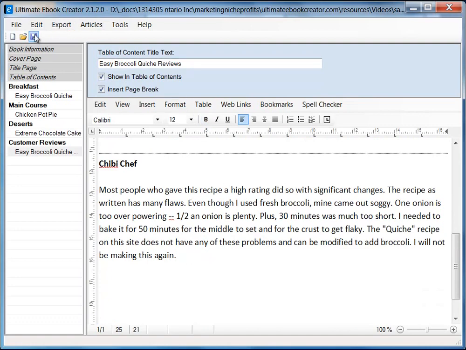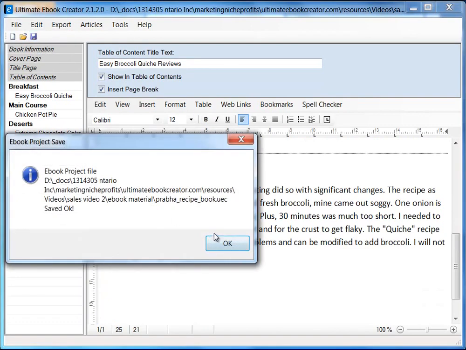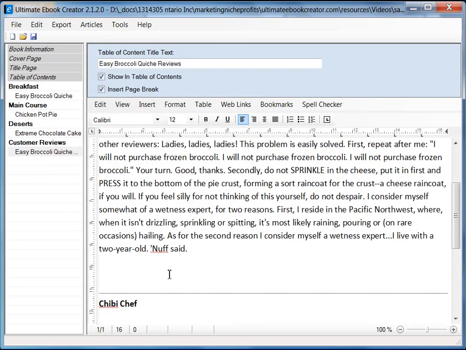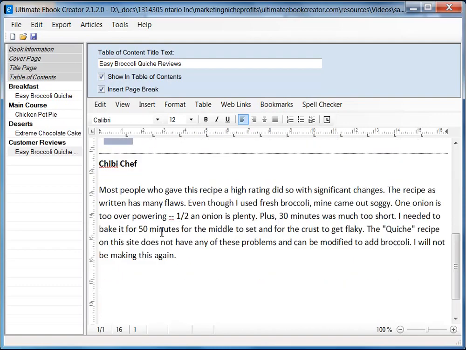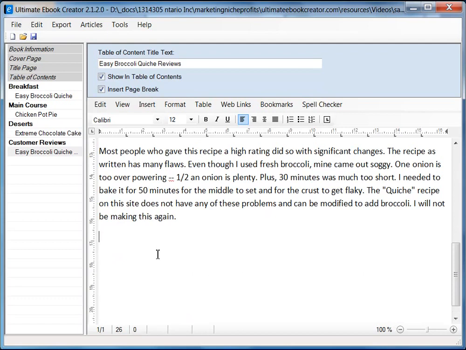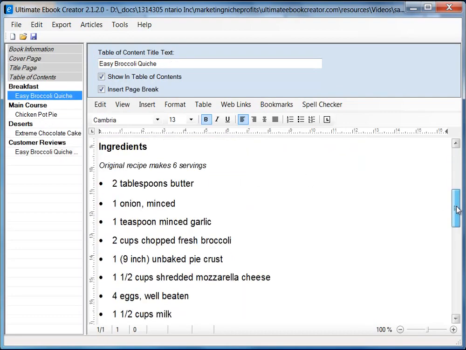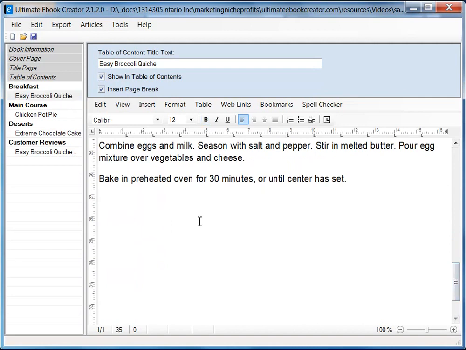Alright, let's click save, and now what we want to do is put in return. So we're going to return back to the recipe. So here we're going to say return. Return. Alright, so what we're going to do is go back to easy broccoli recipe, and we'll scroll down, and here we'll put